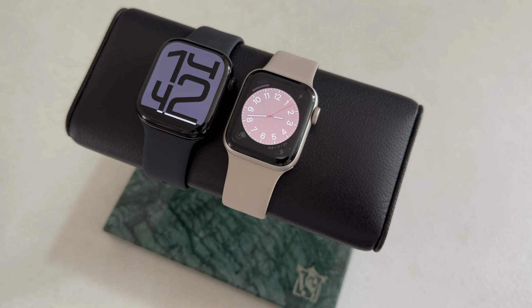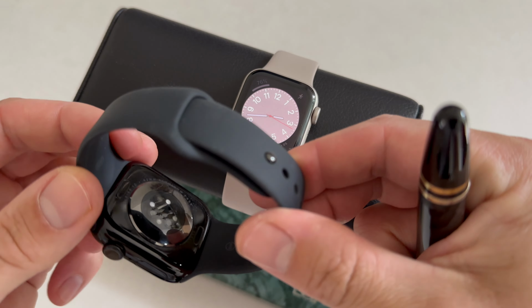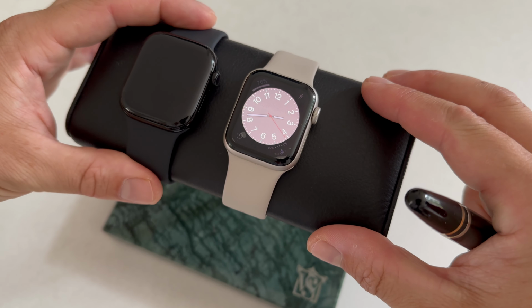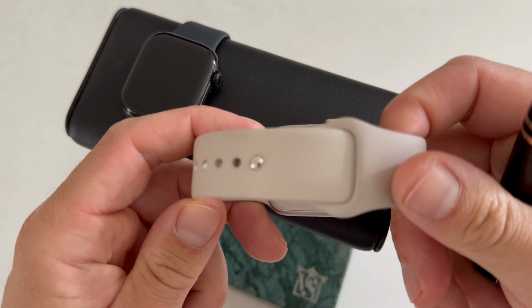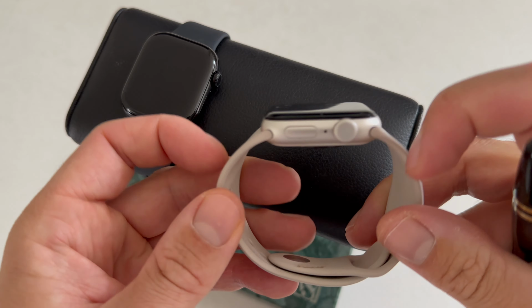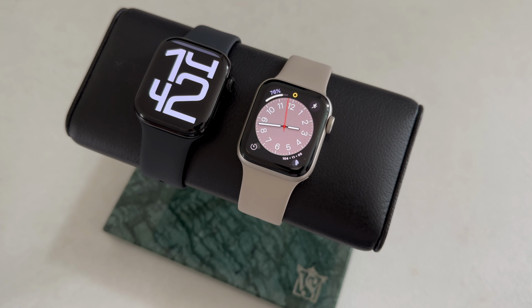As you can see, both of these watches come on the original sport band. Right here we have the black sport band for the Apple Watch Series 10. You can also purchase it on the beautiful sport loop. Also, this Apple Watch SE second generation comes on this beautiful sport band that really suits that starlight color of the case. I have all these specs here right in front of me and let's quickly go through the biggest